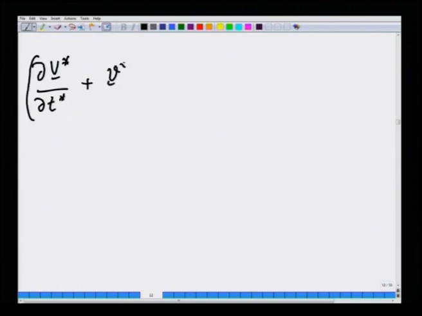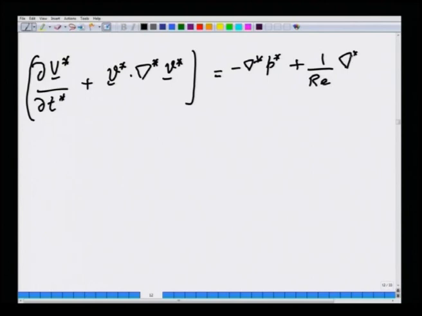Plus V star dot del star V star. All the star quantities are non-dimensional. This minus del star P star plus 1 over Reynolds number times del star squared V star plus the non-dimensional